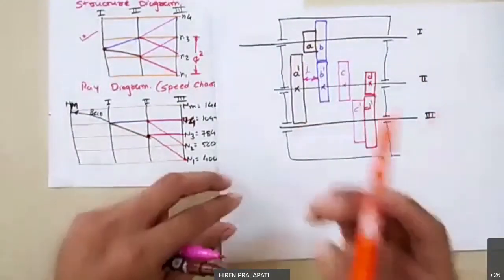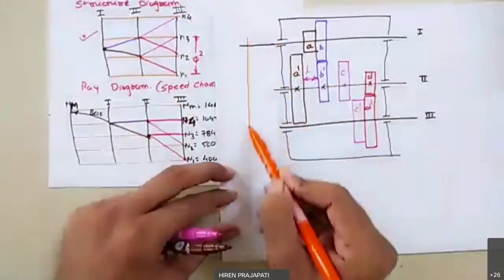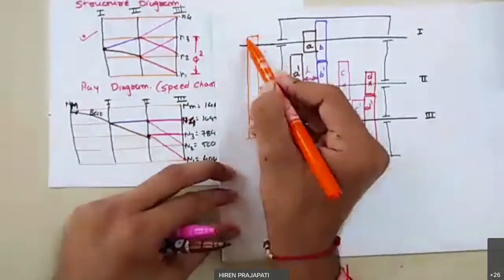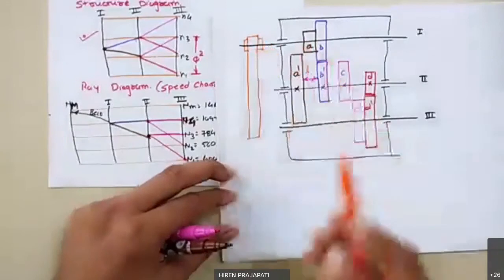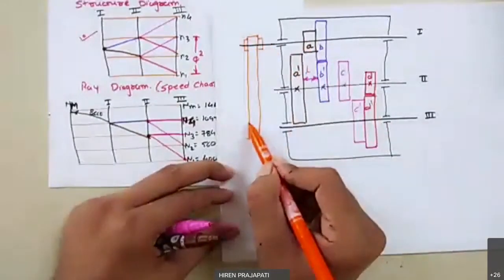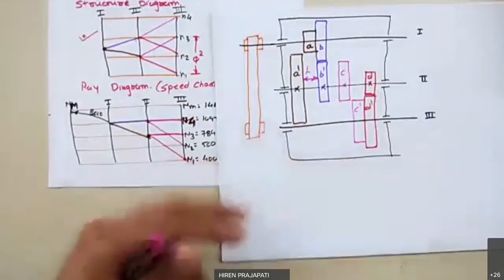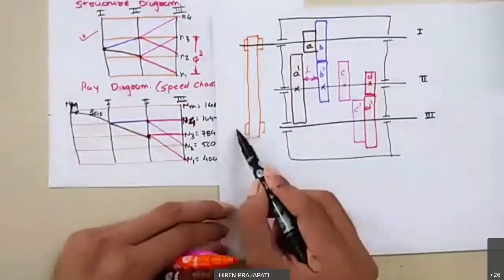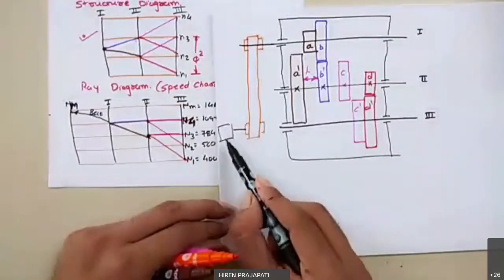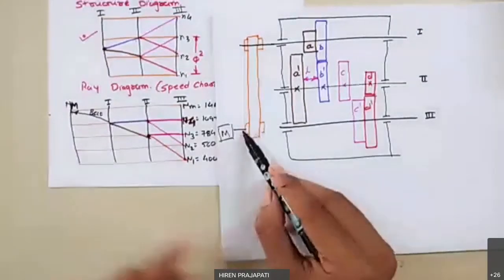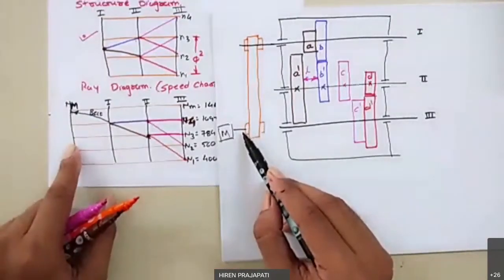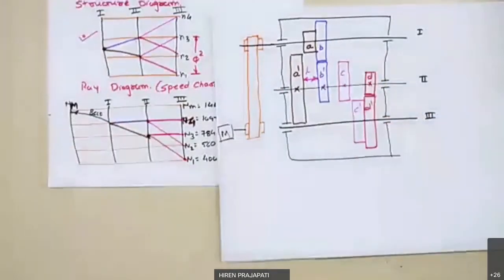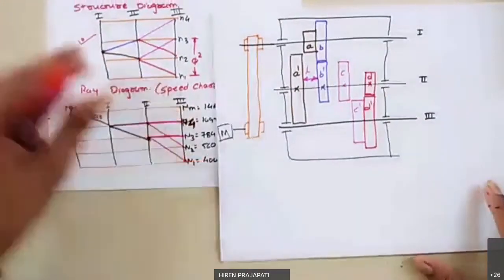And if we indicate, suppose, a motor, then this is our input shaft, and let us consider one pulley here. Similarly, I consider one pulley here, and on this side we have the motor. So this motor shaft is indicated here by a vertical line. This is shaft 1, this is shaft 2, and this is shaft 3. So we can say it's a gearbox arrangement.